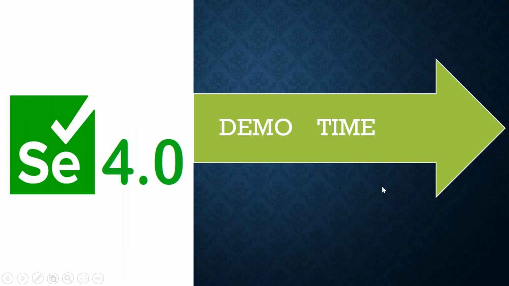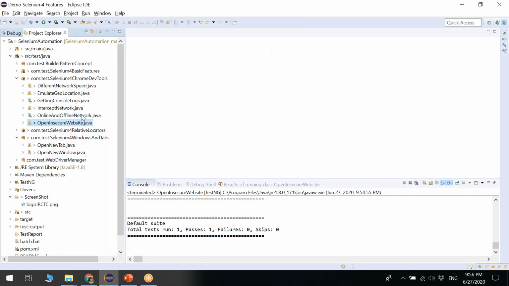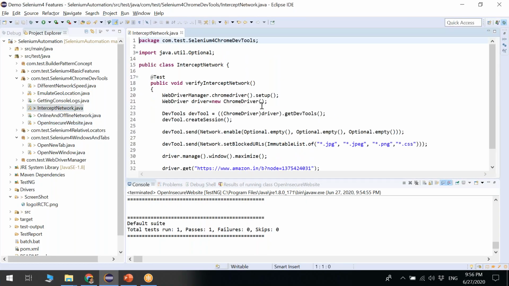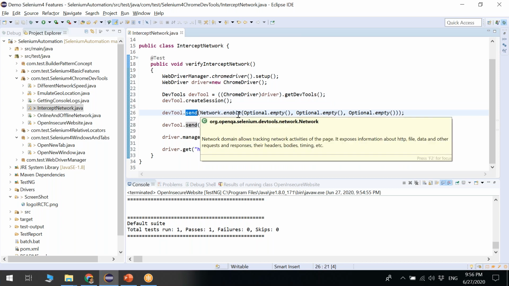Let me show you a demo of how we can handle this. Similarly, I'm using getDevTools, casting the driver, and creating a session. In the send method, we have to pass Network.enable.